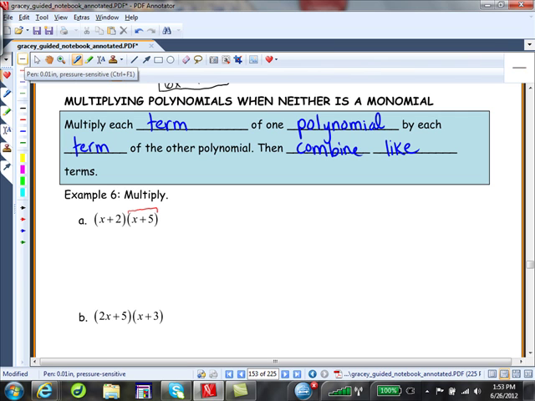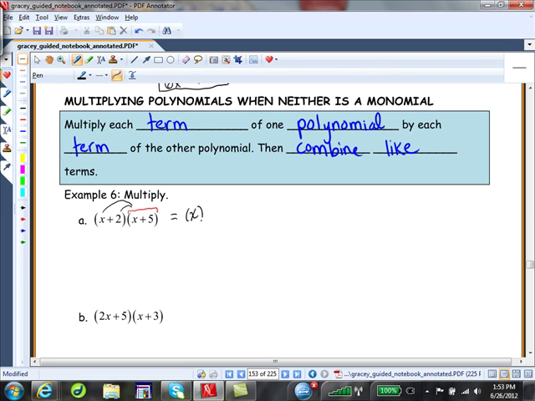This is where I was saying just try it this way. Try it this way. And I promise you it will help you in chapter 6. So we're going to first distribute the x to the x plus 5. And then we're going to distribute the 2 to the x plus 5. So this is going to give us